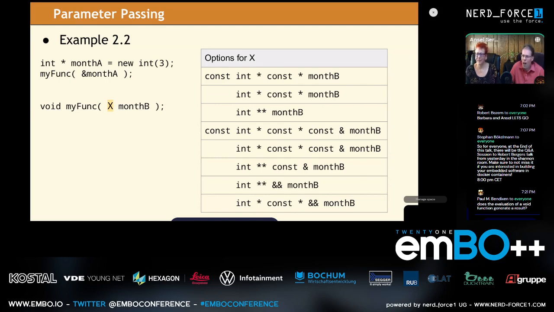Then we have 5 different options for how we want to receive by reference. We can receive this pointer by either const reference or R value reference. There is no L value reference in this table because the thing which is being passed has a value category of R value, so that would never be allowed.